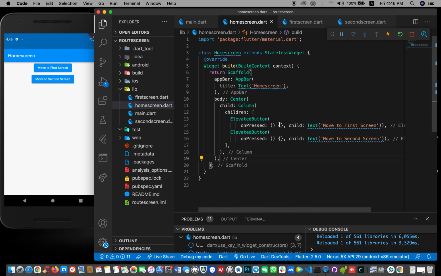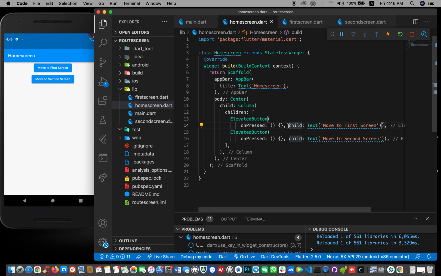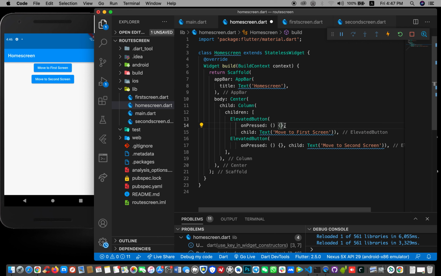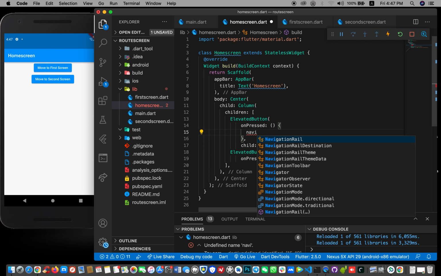So what we'll do is use the push name to actually navigate to the other screen. Here, instead of using an empty function, we need to use Navigator.pushNamed. So after the onPressed, this here will change to our Navigator.push. Let me open this, and then we use the same navigation, but this time around what we'll do is to use the